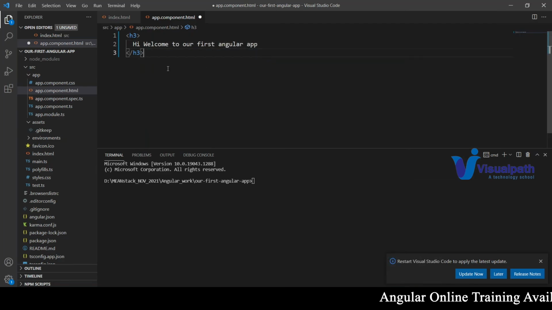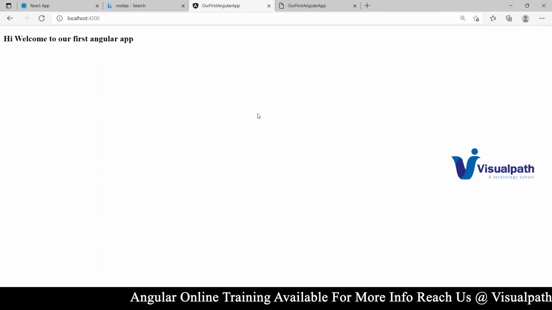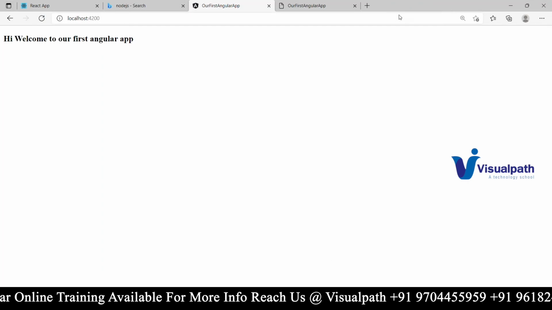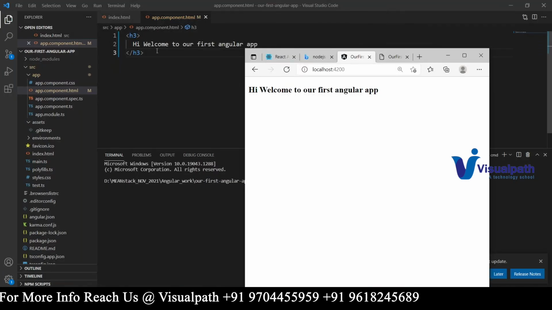Yeah, that's it. Now save this and go there. You don't need to reload, it will automatically reload. You understood, right? So manually we have no need to reload that one. So for example, see